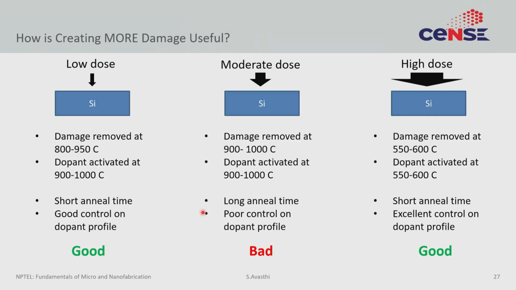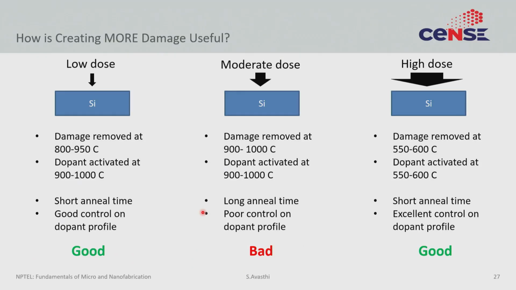Now, the existence of solid phase epitaxy leads to a certain non-ideality in how you would think about ion implantation. And what is this non-ideality? I have tried to show it in this figure. If you look at this slide 27, the simple way of thinking would be that damage is bad. So, it is always better to do an implant at low dose, at low energy, so that you cause small disorder zones that can then be annealed away, and that is true. So, low dose implants will in general lead to better films.